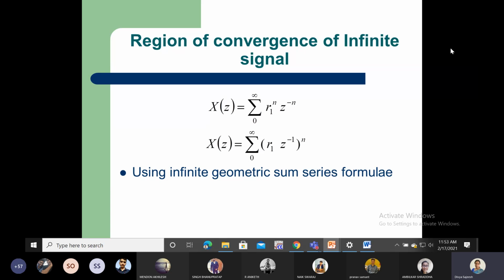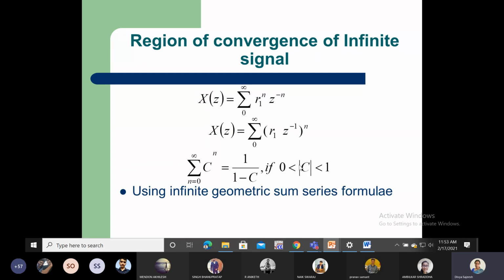So here I am rewriting that, taking things inside the bracket, and writing r1 z raised to minus 1 raised to the n. I am taking it to the power n, just rewriting it, n is common, so taken out. So I can rewrite it as r1 z raised to minus 1 whole raised to n. So this is an infinite geometric series. So applying the formula for this,